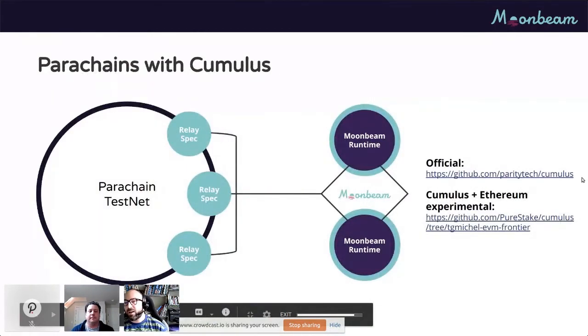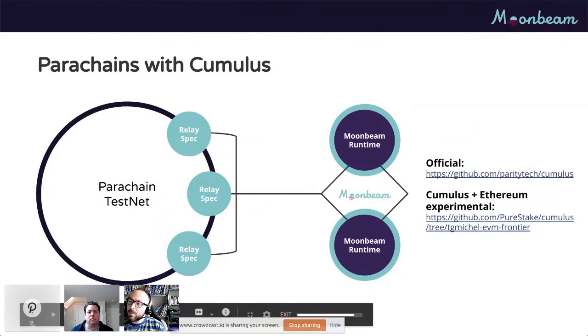I also thought it could be interesting today to show the current status of Parachains, and what Parity did is a great job in recent weeks to push forward the Cumulus development. The Cumulus framework is very useful for taking an existing runtime for a standalone Substrate-based chain and wrapping it in this Cumulus runtime, automatically having the ability to become a Parachain.